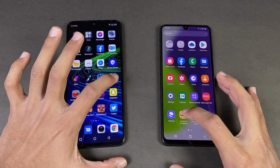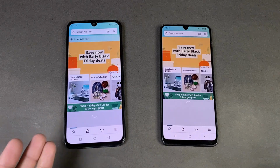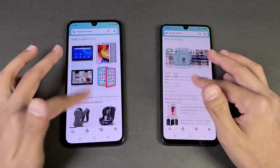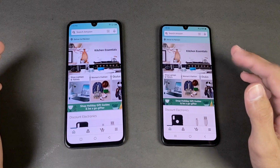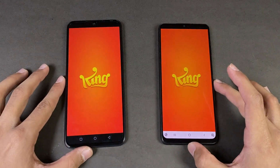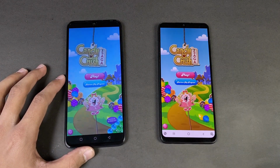Now let's see Amazon Shopping launching at the same time. Again we have a G88 versus a G80, a little bit faster on the Infinix Note 11. Let's see the scrolling, and that is smoother on the Samsung because we have a 90Hz refresh rate. Now let's check out some games and applications. Let's start off with Candy Crush Saga, and Candy Crush Saga is faster on the Samsung as compared